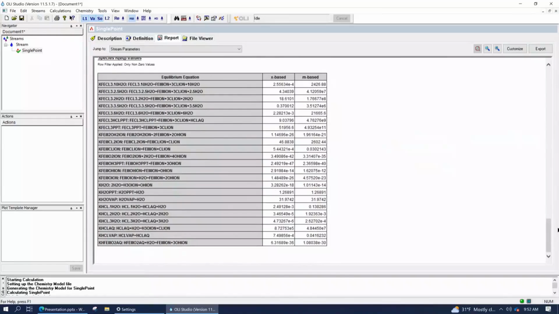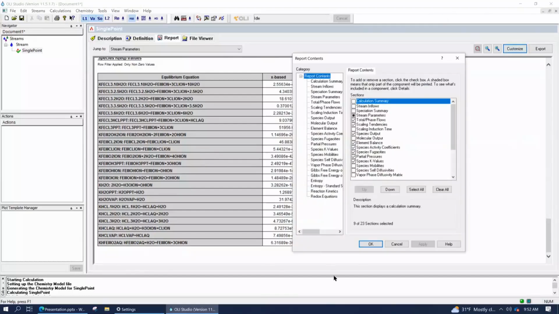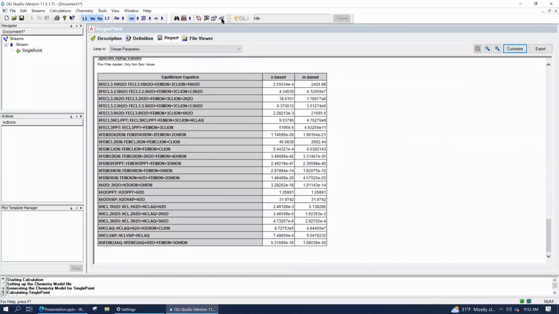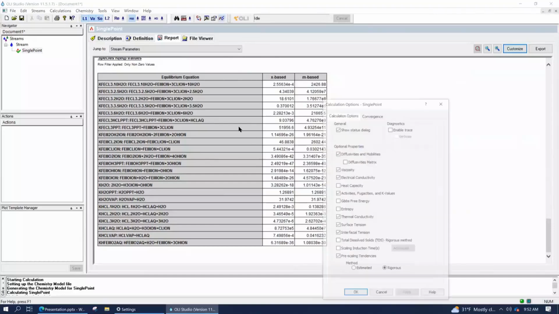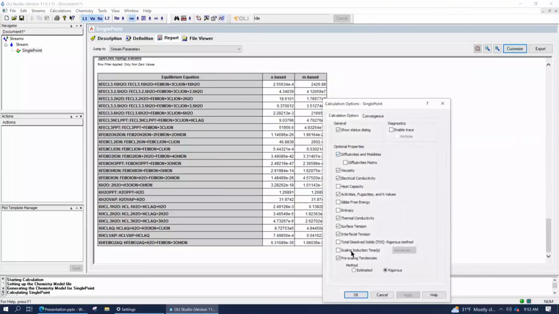Our responsibility when we create the UI is to make sure we're showing you the most important stuff without inundating you with stuff that we don't think you're going to need to see, at least not at first pass. And if you do need to see more information, you can always add it here in the custom calculation. And like I was saying before, in the calculation options, you can turn on the specific set of properties that you want calculated.